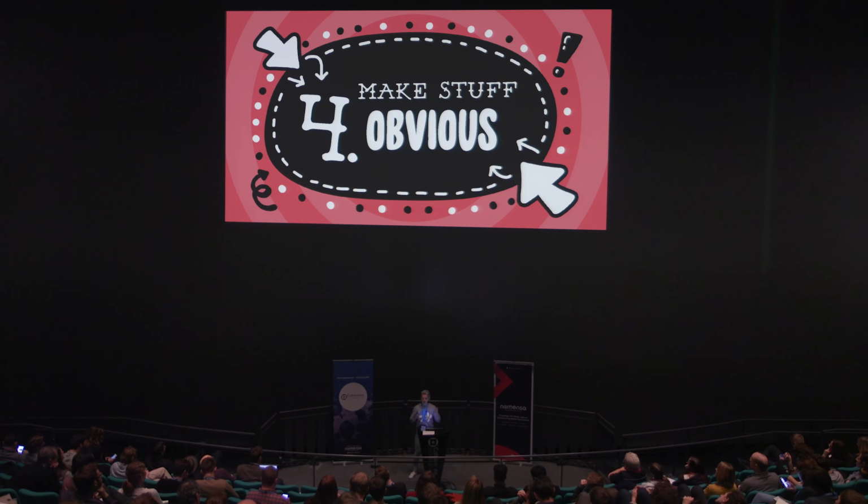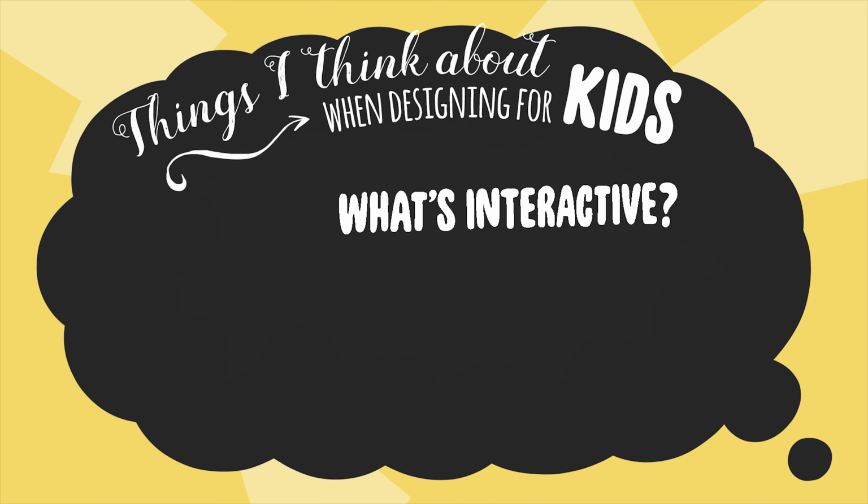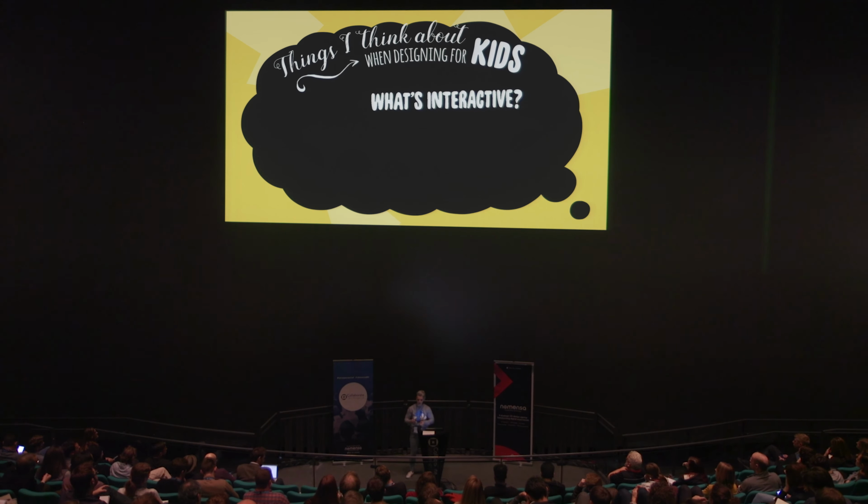Thing 4, make stuff obvious. No, make it really obvious. However obvious you think that thing is, dial it up. So this is a handful of stuff I reckon it's important to make obvious, and what I think about when I'm designing for kids specifically that I think is actually quite handy to keep in mind for design generally. Make it explicitly clear which elements are interactive. So for kids, we wiggle things, we sparkle things, we bounce things, we glow things. For adults, we underline things and bold things. Whatever it is, just make it obvious.